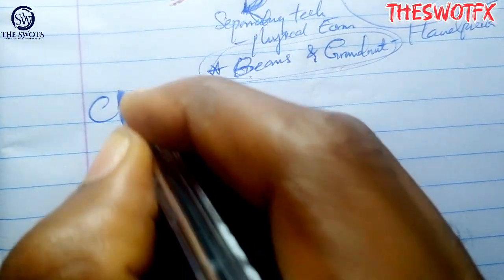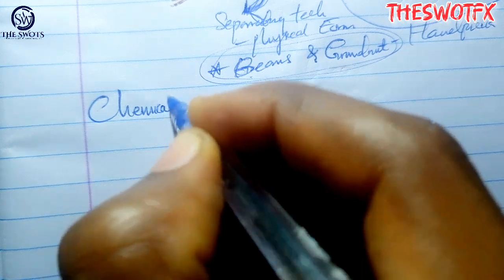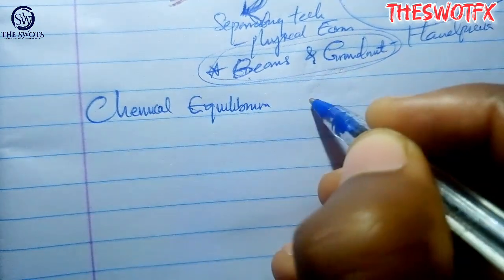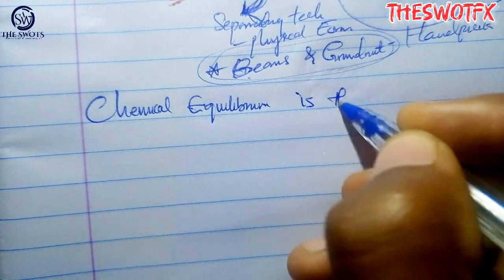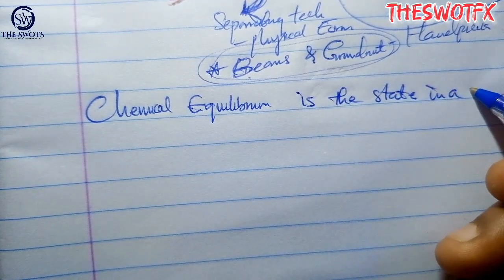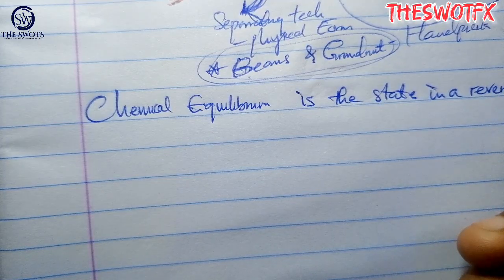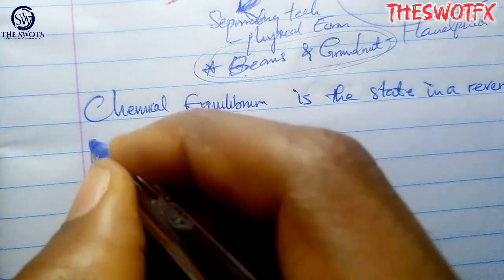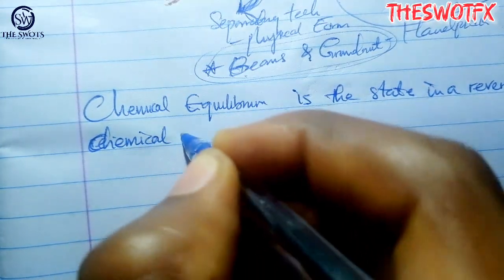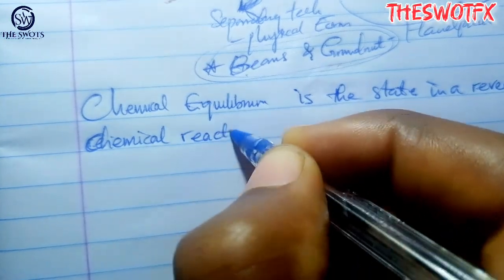Let's have it here. Now, chemical equilibrium is the state in a reversible, we need to state it, reversible chemical reaction,